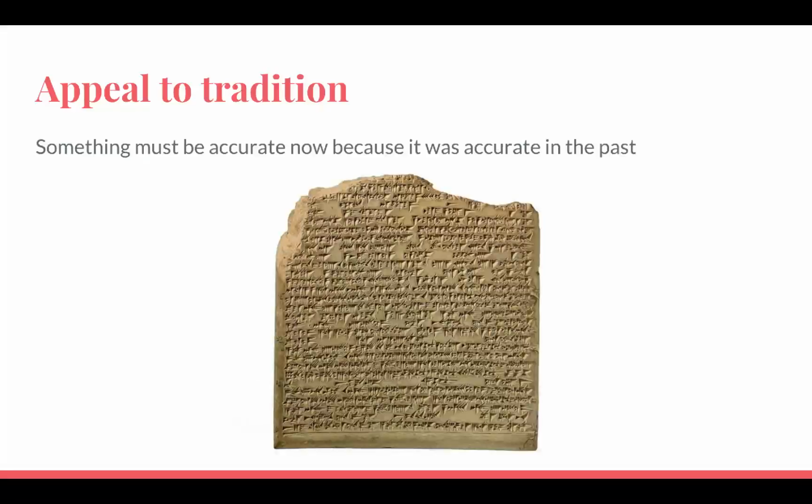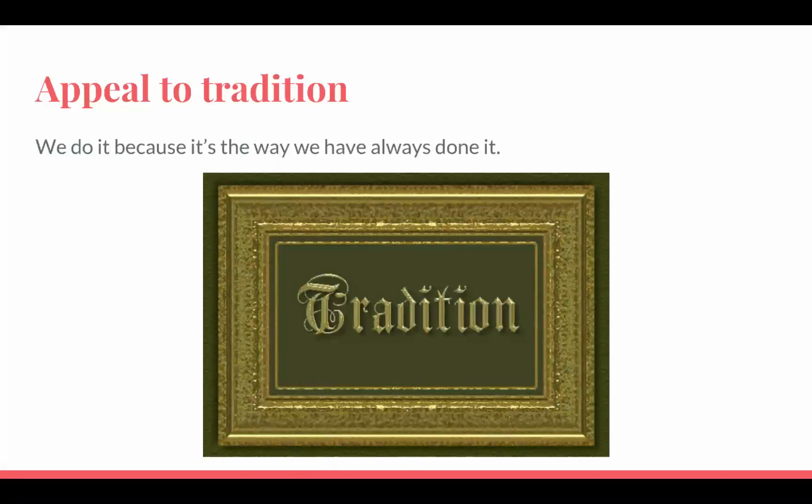And then we've got the opposite. Just because something was accurate in the past does not mean it is necessarily accurate now. This is also called the appeal to tradition. And while this has changed quite a bit for us in the game industry, we're most certainly not immune to it. And the world as a whole most certainly is not immune to this. And we see it all the time, with the classic example being, we do it that way because that's the way we do it. It's tradition. We've always done it that way. There needs to be better justification for doing anything beyond that's always the way we've done it.